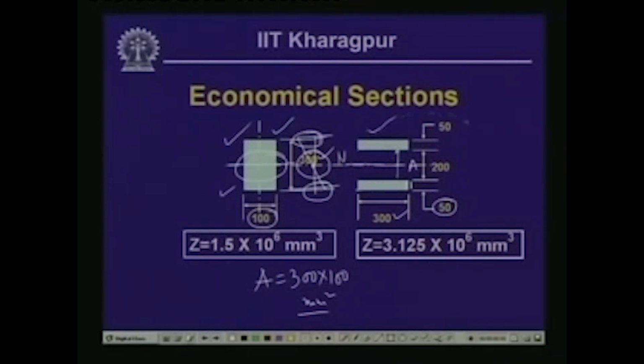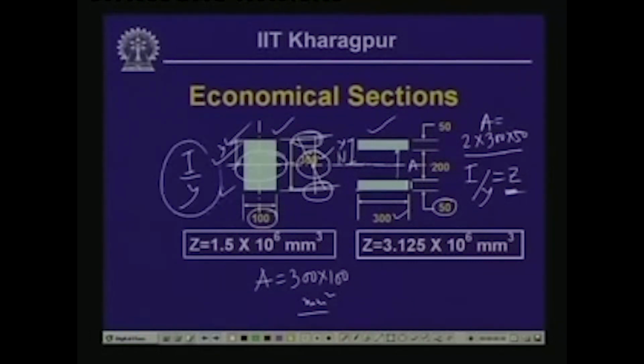Now, if we look into the area-wise, we have 2 into 300 into 50. So, we have identical area as that of the first one. Now, when we compute the moment of inertia I, and then divide this I by the extreme distance y, I by y, we call this quantity Z, which we generally define as the section modulus. Now, if we compute I in this particular case and divide this by this extreme distance y, I by y,